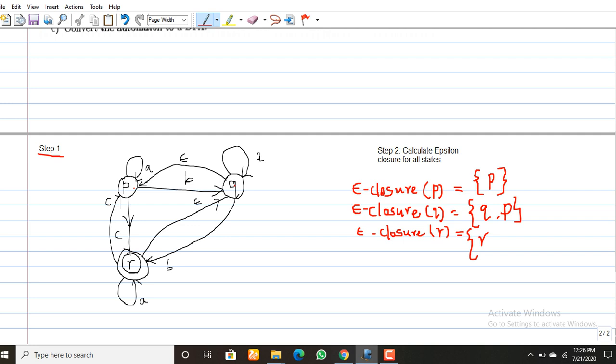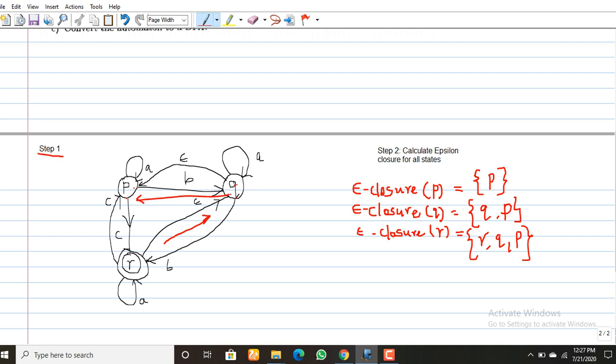Yes, on receiving epsilon, R goes to the state Q. On receiving one more epsilon, Q goes to P. So from the state R, on receiving the null string, R moves to state Q, and once again from Q, on receiving the null string, it moves to state P. So I added Q as well as P in the closure of R. This is important, don't forget it.